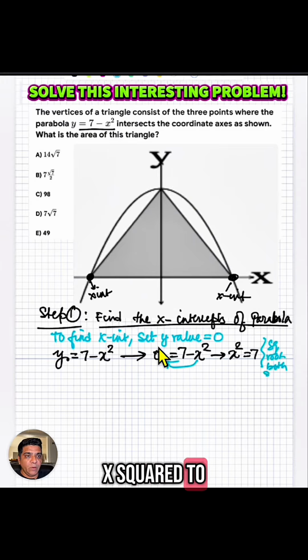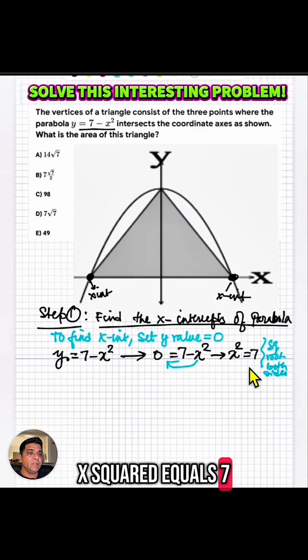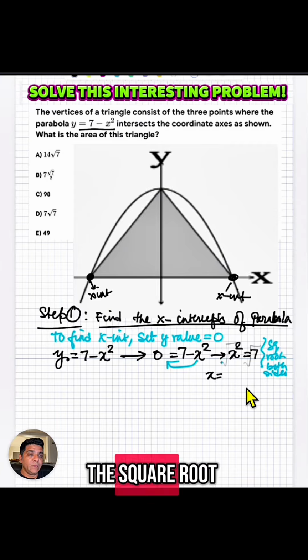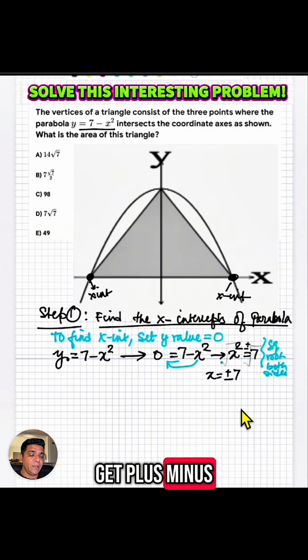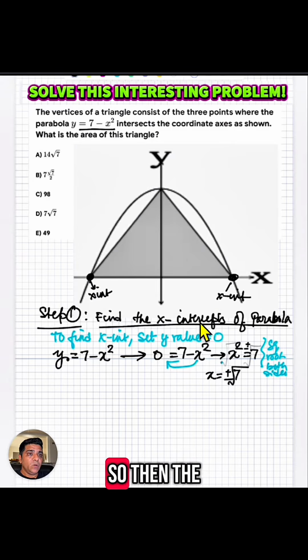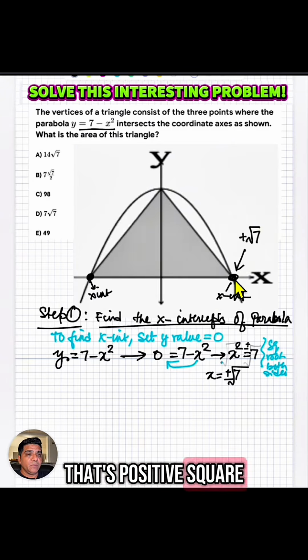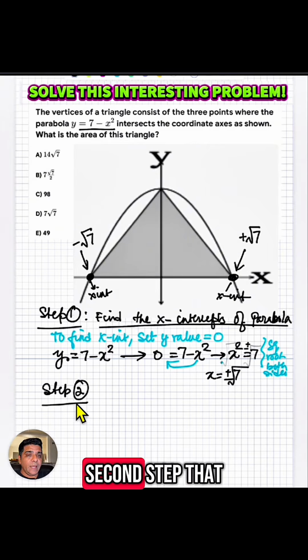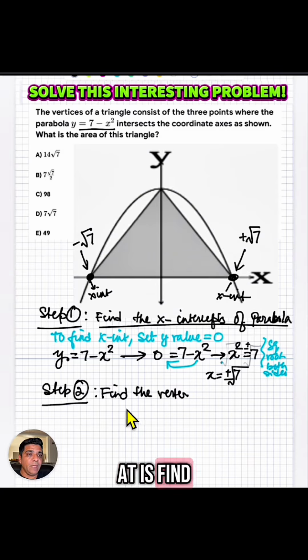So let's go ahead and bring the x squared to the other side. So we have x squared equals 7. Now let's take the square root on both sides to solve for x. And when we take the square root of both sides, we get plus minus square root of 7. So then the intercepts here, that's positive square root of 7, and that is negative square root of 7. Okay? All right, so the second step that we're going to look at is